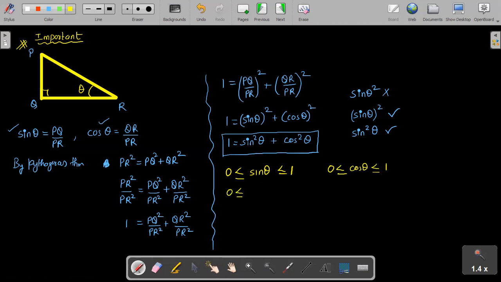Similarly, the values will be only between 0 and 1. It is saying equal also, right? So 0 is also coming into consideration. 0, 0.1, 0.2, up to 0.9 and 1. That is the range.